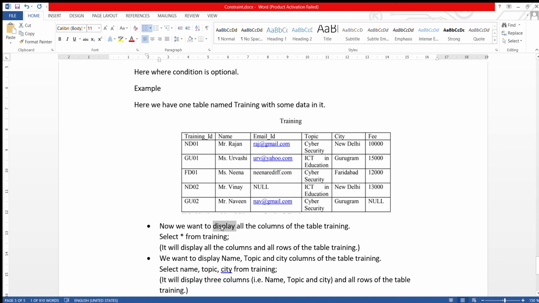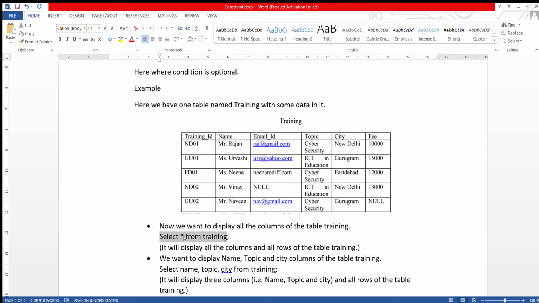The select command. Yes. So here select, then star. Why star? Because we want to display all the columns. From training. So select star from training will display all the columns of the training table.